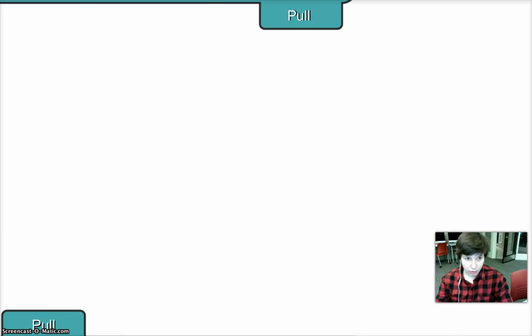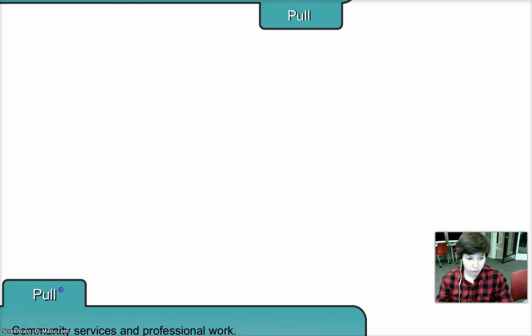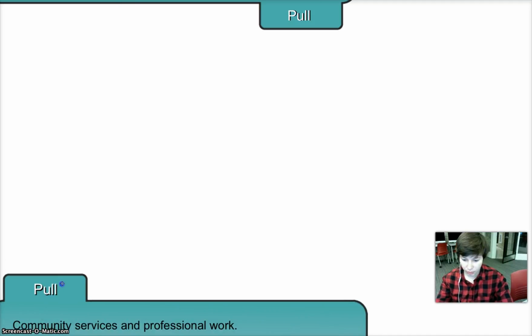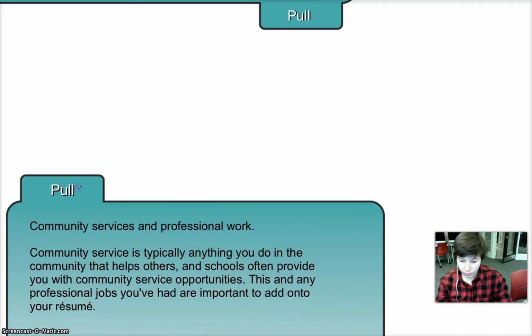Next, we will talk about community services and professional work. Now, not everyone will have professional work written down on the resume because not everyone has obtained a job, and that's okay. Everyone needs at least 10 hours of community service to graduate from the school, so everyone should have some sort of service down to add to their resume. Community service opportunities are announced every morning and will be posted in my office as well. This actually leads into our next topic,